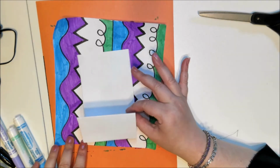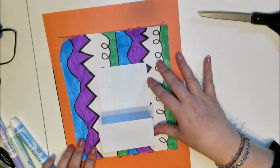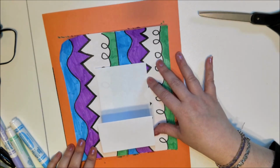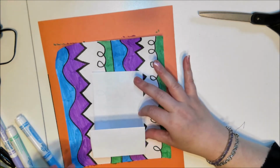So now that we have our basic chair, let's design our chair. You can decide if you want your chair to be made of wood, or metal, or if it's a big comfy chair with cushions on it. I want you to spend time designing and decorating your chair, and we'll attach it to our walls. So I'm going to design and